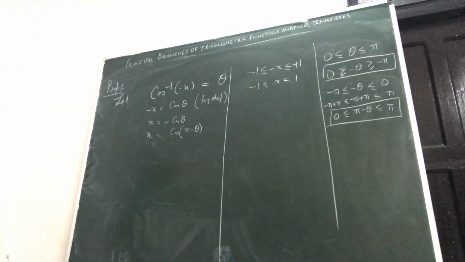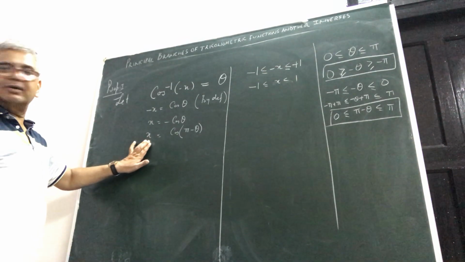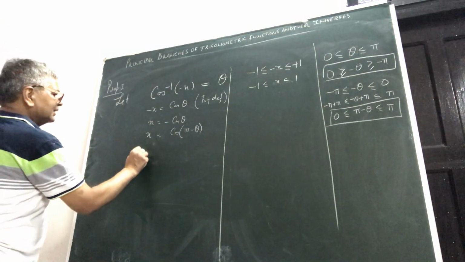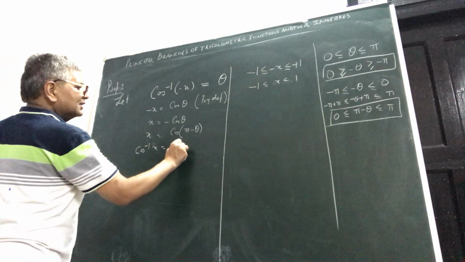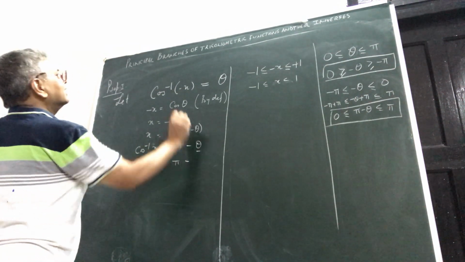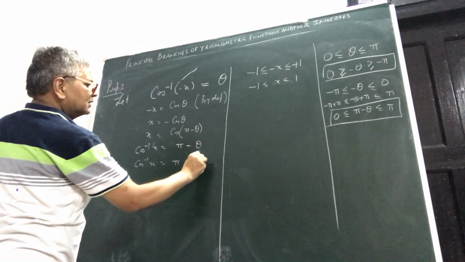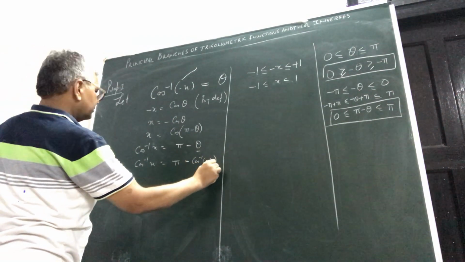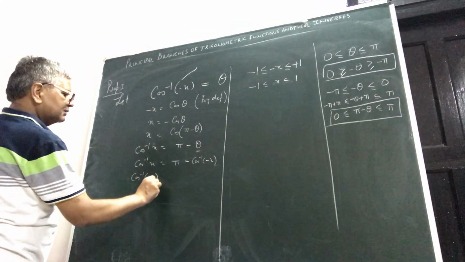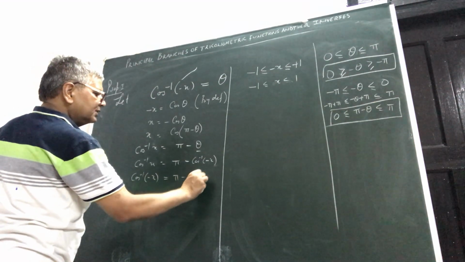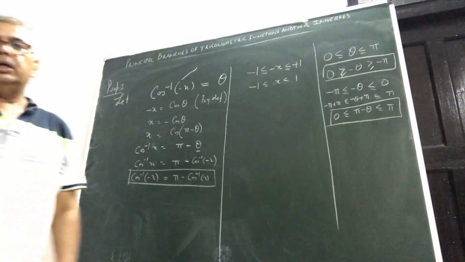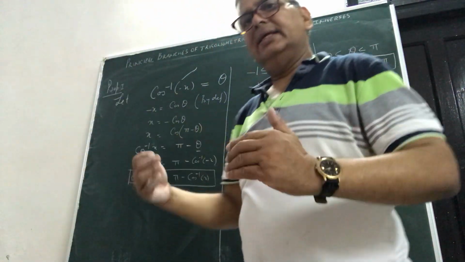Once we have brought everything into our branch, now x is well within minus 1 and plus 1, and pi minus theta is well within 0 to pi. So we are justified in taking the cos inverse of x. Cos inverse x is pi minus theta, and in place of theta we can write cos inverse of minus x. So bring this thing this way. What you will get is cos inverse of minus x is equal to pi minus cos inverse x. So this is another good property which you have just seen.